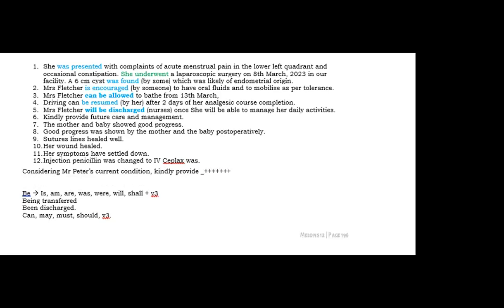Remember, considering the current condition of Mr. Peter. That is the reason we invented a new sentence, so everybody is using that now. Considering Mr. Peter's current condition. This is one of the best inventions we have made recently. Considering Mr. Peter's current condition, kindly provide whatever you want to provide, just mention all of them here. Or also end with: if you require